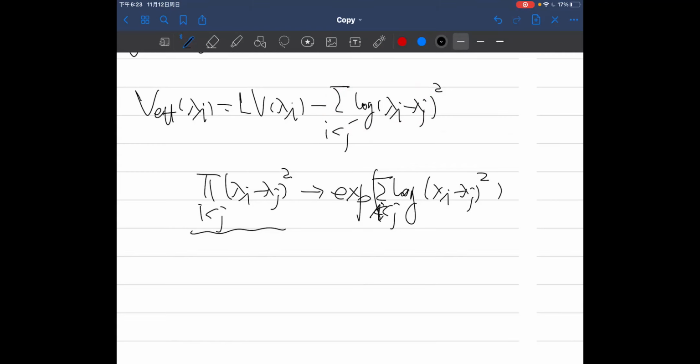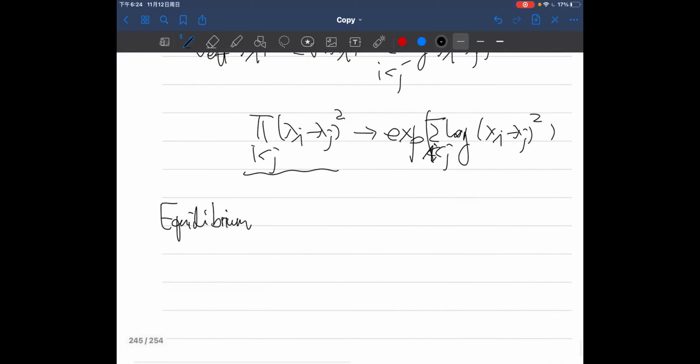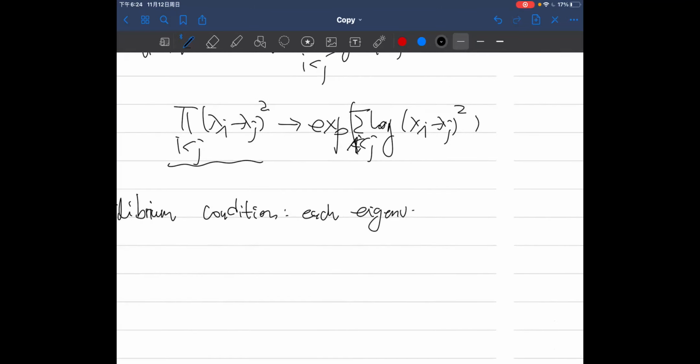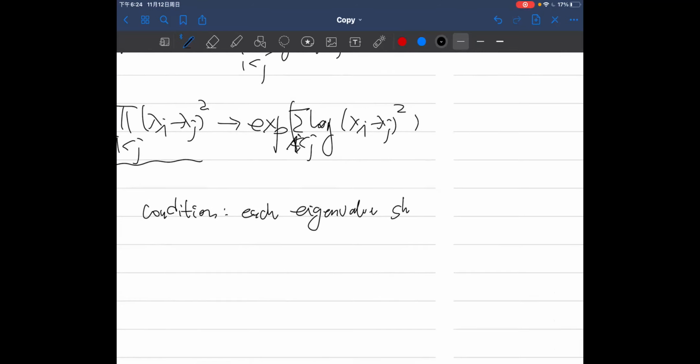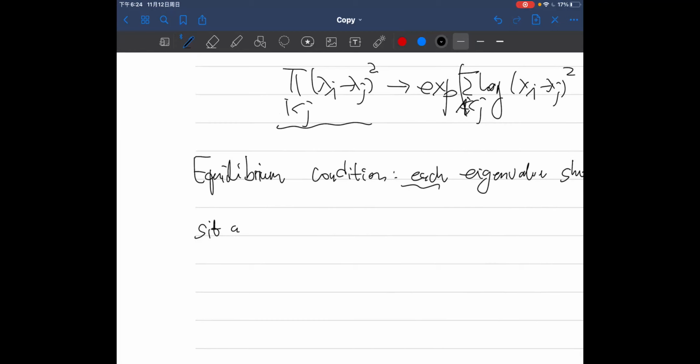Okay, we know that the neighboring condition is that each... This is a very strong constraint. That is the people say the EQ neighboring for equilibrium condition. Harness is that each eigenvalue should, I think each eigenvalue should sit at a stationary point